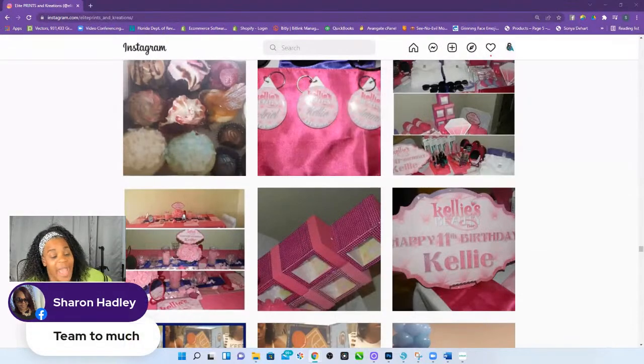Team too much. Yeah, I was, but see, you didn't tell me I was doing team too much back then. Maybe you did. I don't know. But yeah, I had a really bad issue with never finishing stuff that I was supposed to for events. Don't be like me. Luckily, all the other stuff was super, super great, to where my clients didn't hold it against me. Now they're gonna blast you on social media real bad if you do that. But I came up in a time where I was able to kind of half step. But yeah, I used to do team too much, for real, for real.